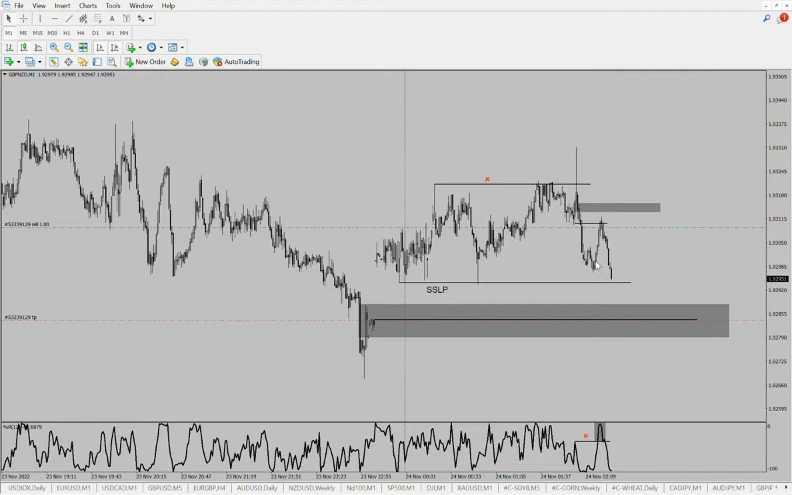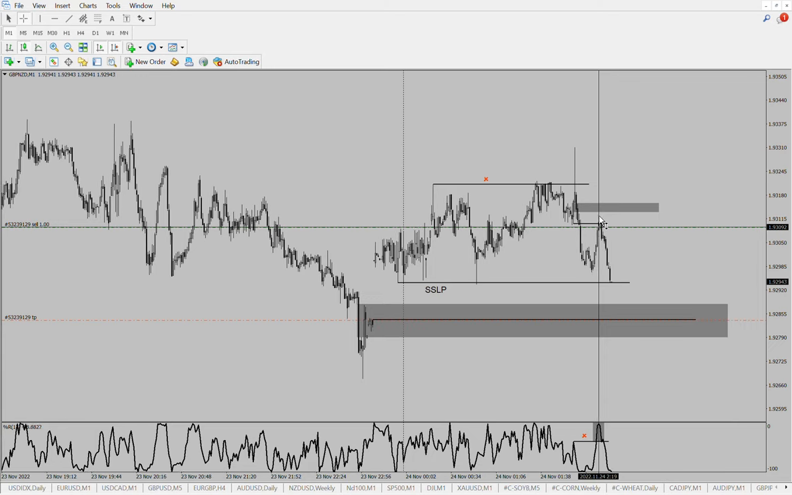You could take profits below here, so we're approaching like 10 pips or something like that. Okay, 15 pips. Right, we could be taking a portion off here if you'd like, but